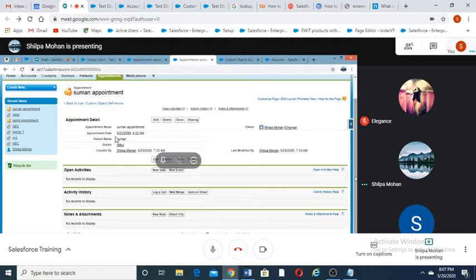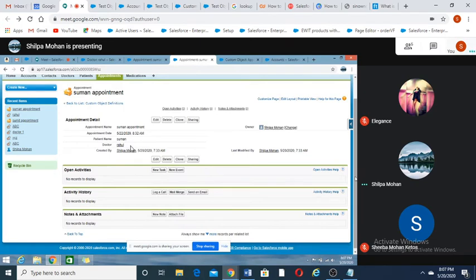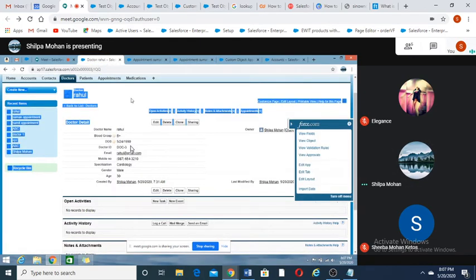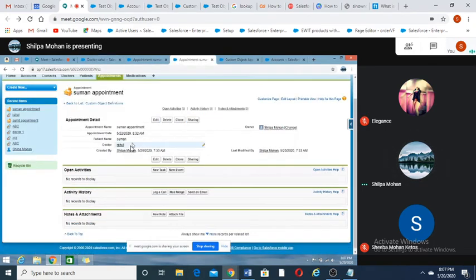But now when you just remove this Dr. Rahul from this list, click on edit. No, don't delete that, just remove that, unselect that.